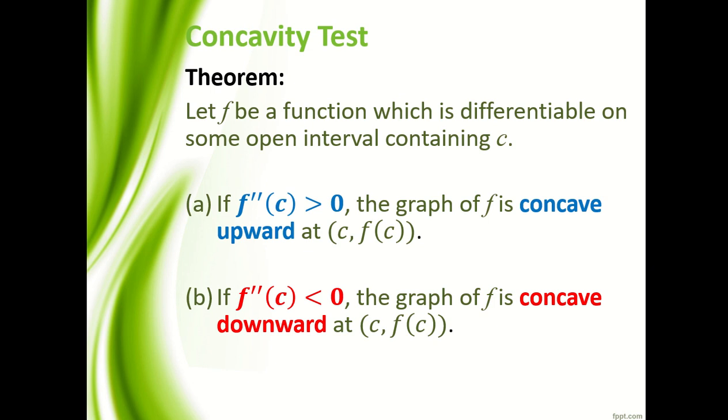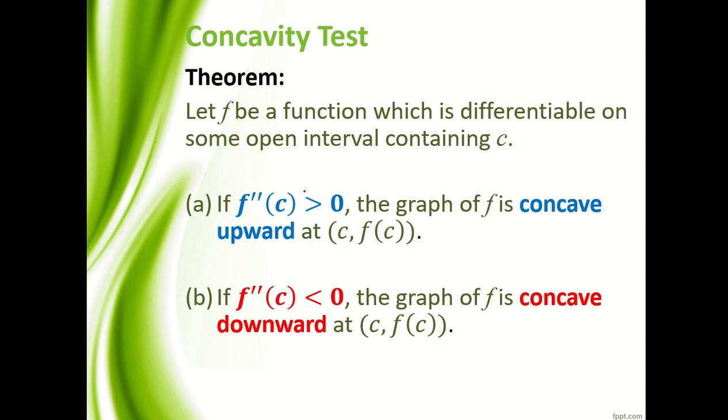Now we will use the concavity test to help us determine whether the function is concave upward or concave downward. In this case, class, we use the second derivative. We have here a theorem: let f be a function which is differentiable on some open interval containing c. Then if f double prime of c, meaning you take the second derivative of the function and then substitute the value of c